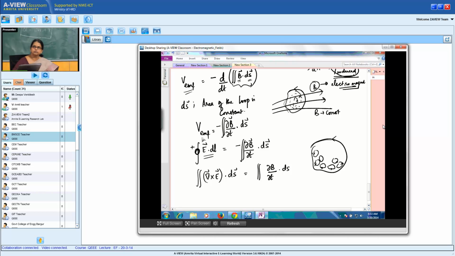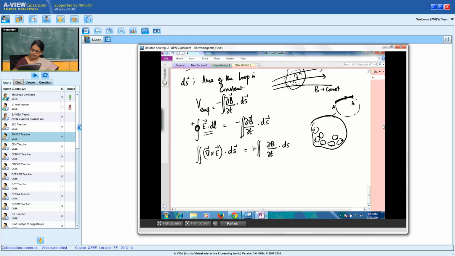There is no negative sign because when you are going from point A to B against the field is when you would write a negative. But in this case, you are having a loop. You are completing that integral over the loop. So you have this negative sign here, which would help us write del cross E plus del B by del t